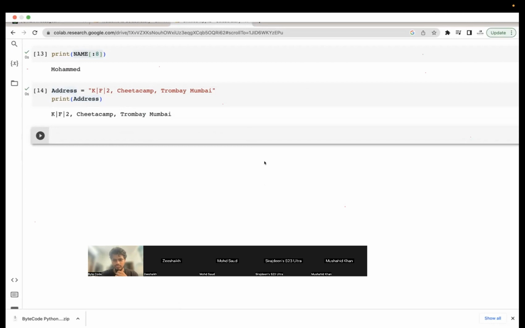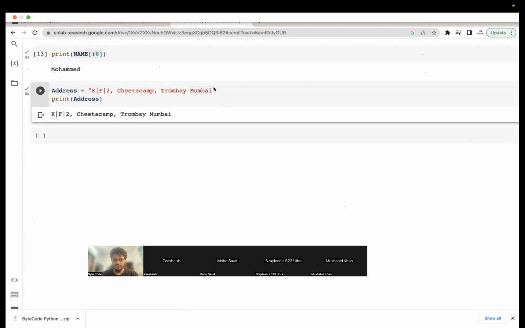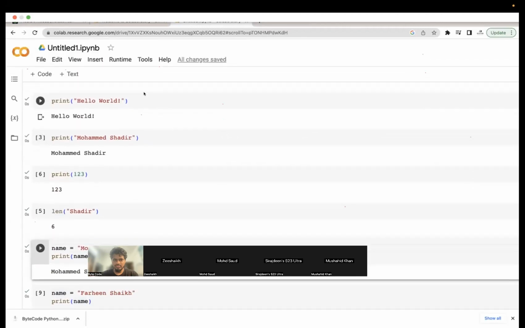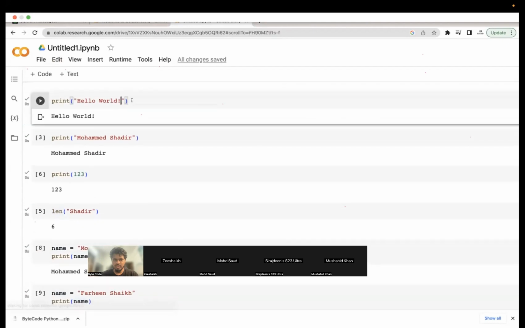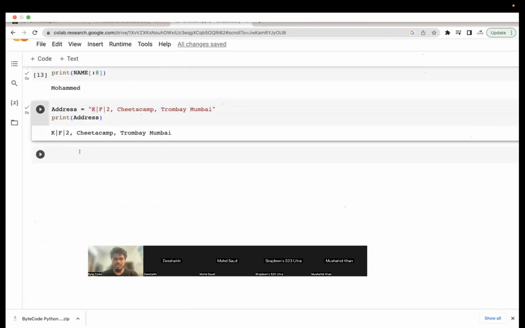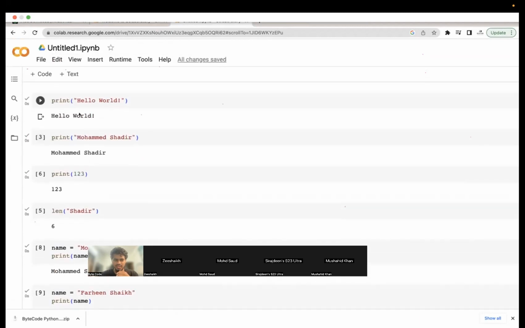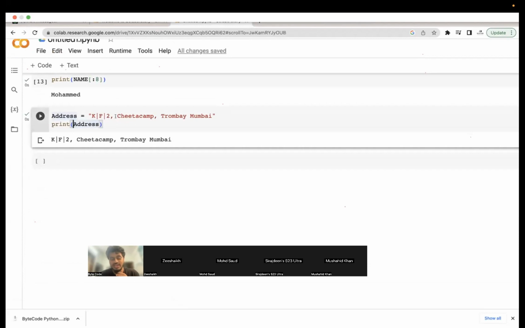While typing print address, why are we not using the double inverted commas? Initially, while we were printing anything, we were putting it in double inverted commas, right? For example, print hello world. Why are we not putting address under double inverted commas? The reason is that you're now printing a variable.